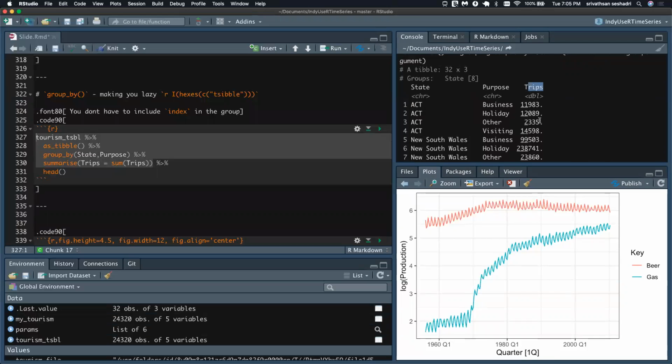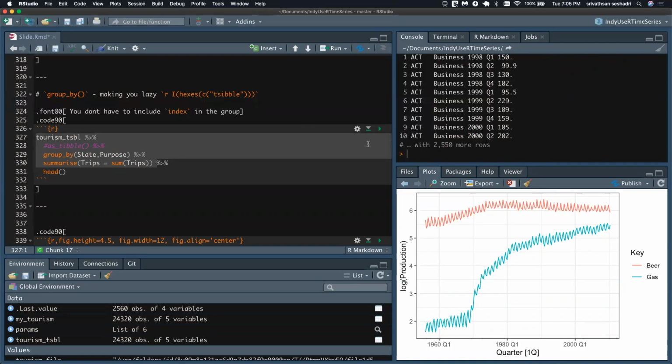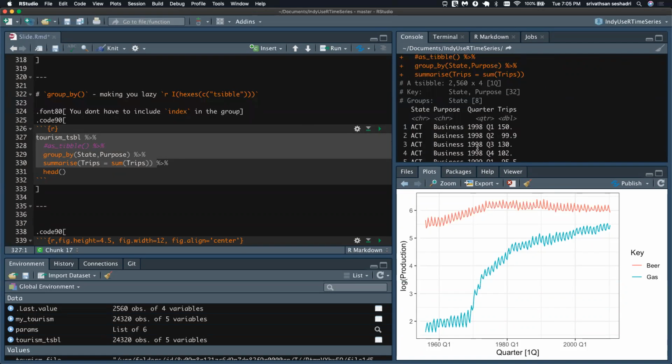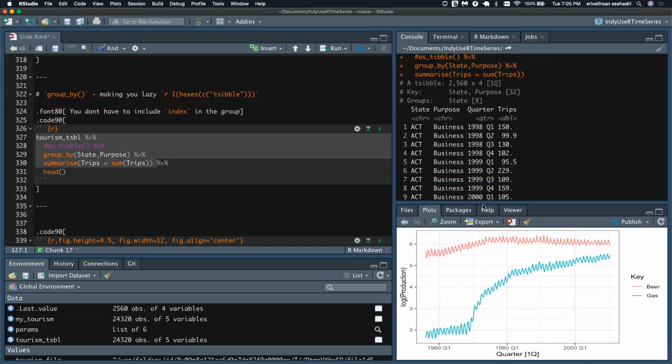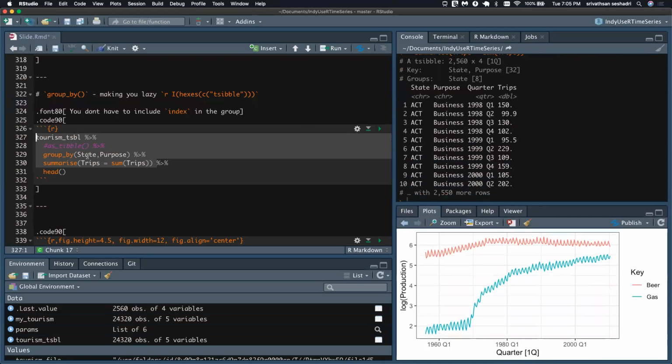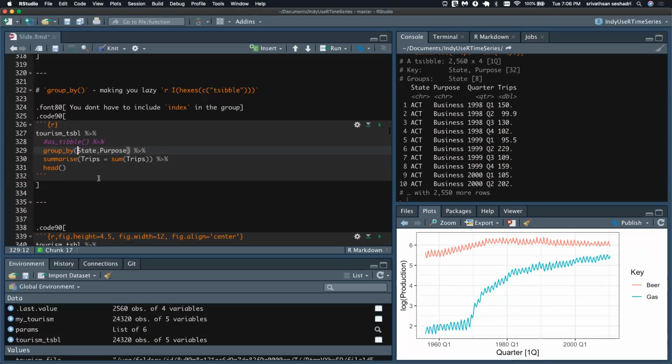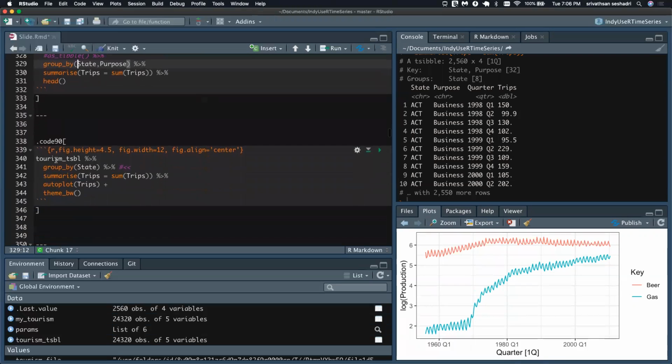It did not keep the time in there, right? Now, just by virtue of it being a tsibble, it'll automatically keep the timestamps for you, all right? It makes you lazy. You don't have to explicitly call the quarter in here to make a group, right? So that's one of the key features in tsibble. It makes you a little bit lazy.